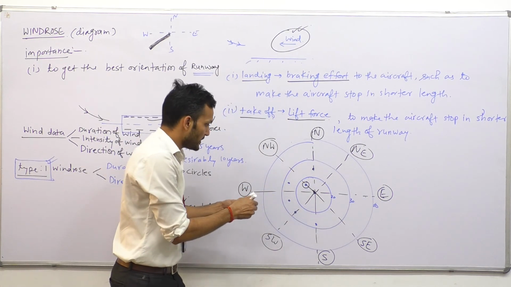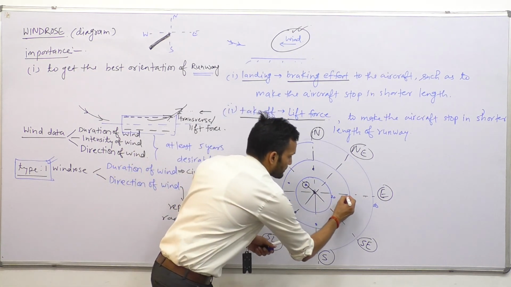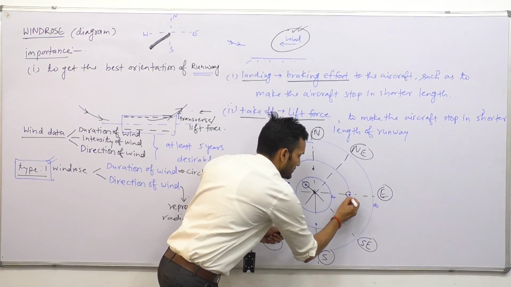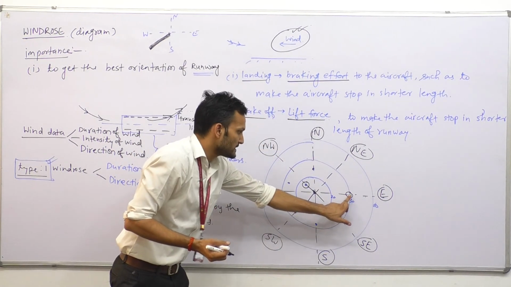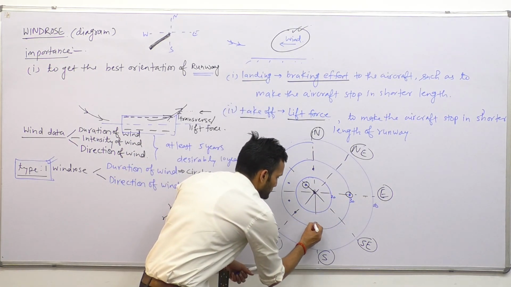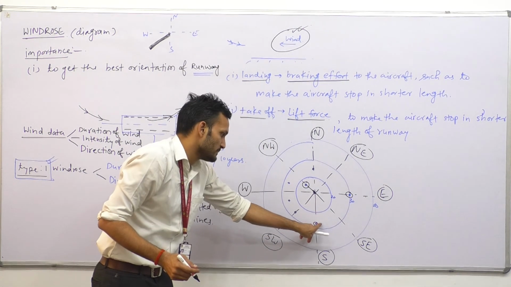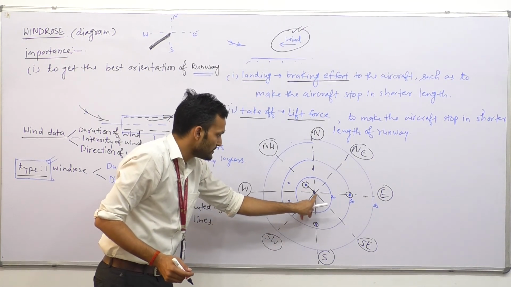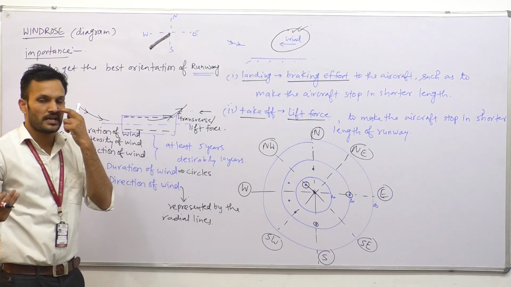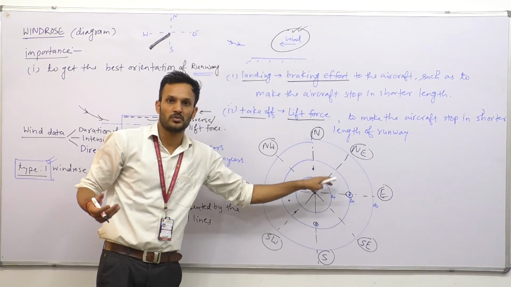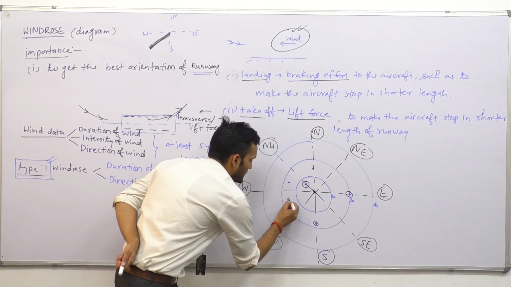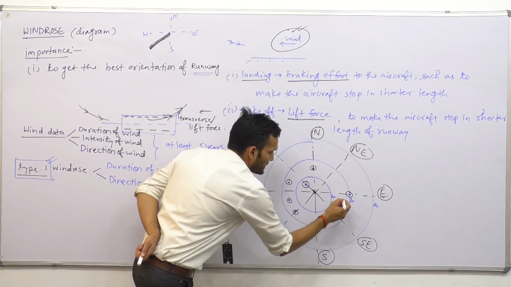Similarly, if my one point is say on this 30 line, then this point is being defined as what? 30% of the time the wind is blowing in east direction. Similarly, other points can be explained. What is this point? This is something lesser than 30%. Then 28% of the time the wind is going to blow in south direction. So in such a scenario, we count the percentage of time during which the wind is going to blow in that particular year.